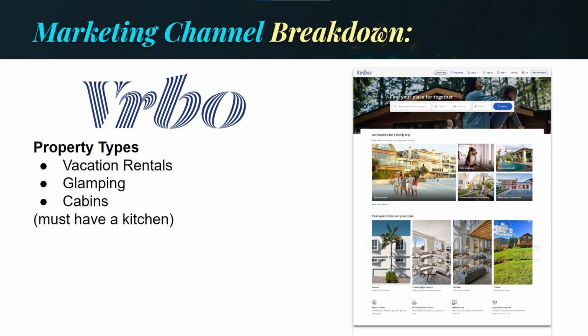Vrbo was originally called VRBO, or Vacation Rentals by Owner, but has since been shortened to just Vrbo. They list pretty much what you'd expect: vacation rentals, from cottages and houses to apartments and cabins. Pretty much any place that the guests can have to themselves and has a kitchen. Again, if you're a campground that also has cabins, you might want to look into listing the cabins on Vrbo, even if they don't want your tent and RV sites.